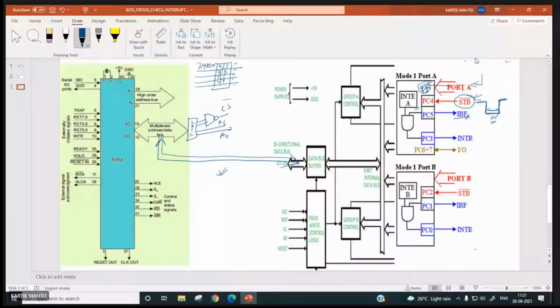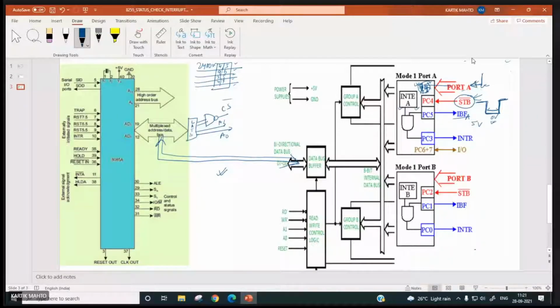So if a person enters valid data over here, say 99, and makes this STB bar low, 8255 is going to understand that valid data has been input by this person, and this input buffer of port A is full.